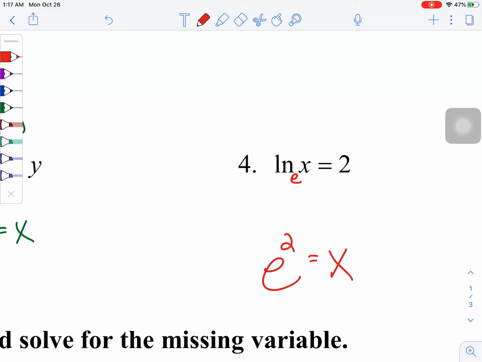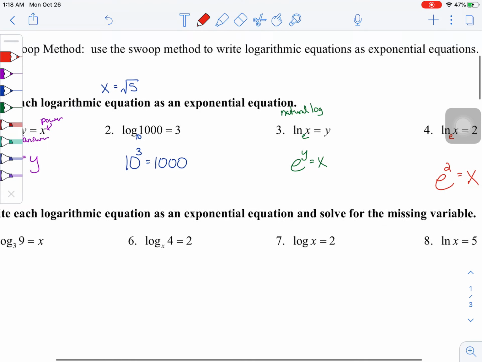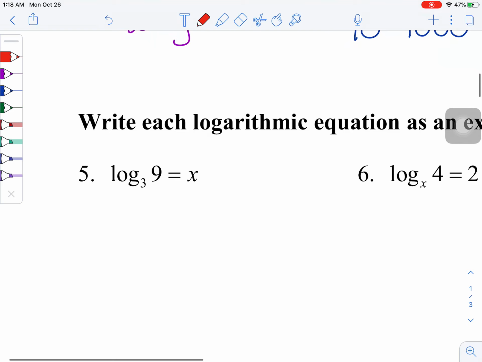So e to the second is equal to x. Okay, and you can find the E button on your calculator. It's actually right around where the log button is, or natural log button. Okay, so problems number 5 through 8 say to write each logarithmic equation as an exponential and then solve if